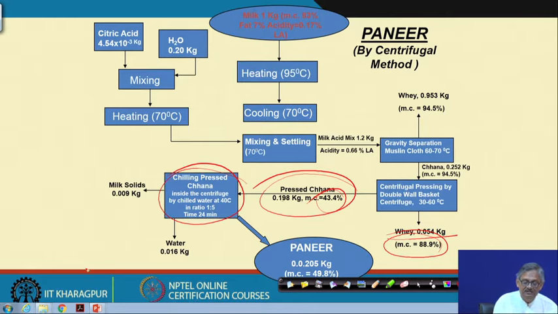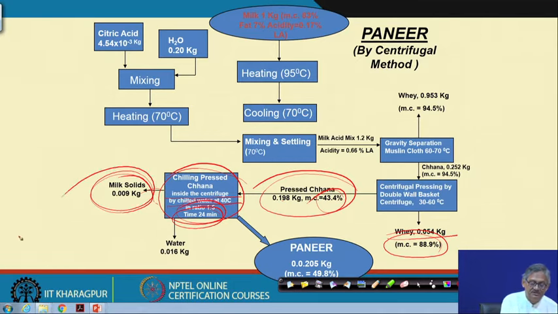So, chilling pressed chana inside the centrifuge by chilled water at 40 degree centigrade in the ratio of 1:5, that is 1 part of chana to 5 part of 40 degree centigrade water, for a time period of 24 minutes, and we get some milk solids around 0.009 kg